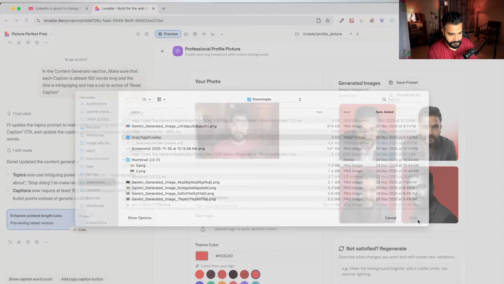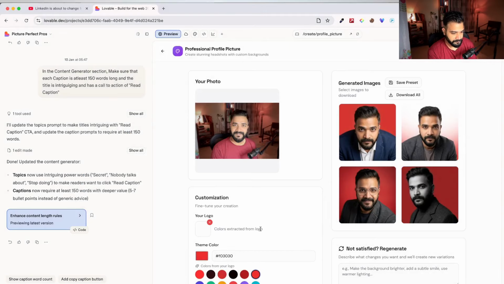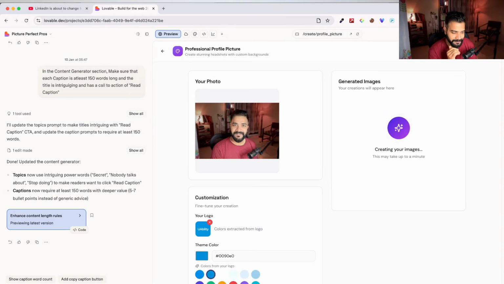Yeah, let's select this one. All right, it has taken colors from the logo. I'll generate again. Okay, it's working. I like this. I like the fact that it's no real time. It's taking the colors. The only problem is it's taking a long time to create the image, but I think that's, well, it's part